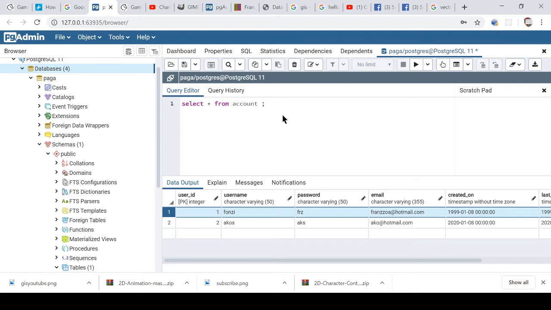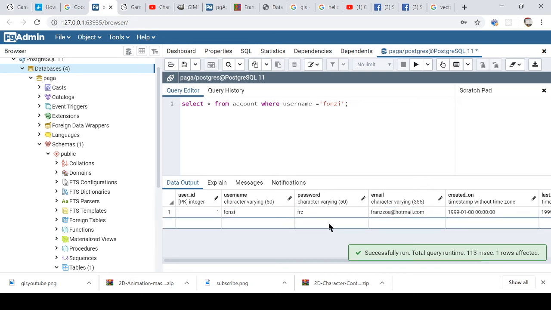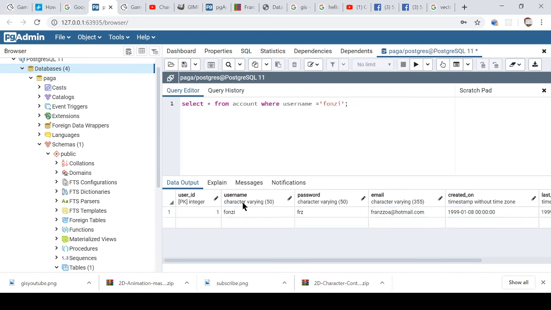Even though it's fiddly, let me just try it, because this particular database system, PostgreSQL, is actually funny sometimes when you are trying to look for something. So let's look for all users from the account whose username is Fonzie. Let me try this and see if it works. Then obviously it will make me happy. Yes, you can see I have only the user with username Fonzie. So this is the select query that I'm talking about. I'm very happy that it worked.